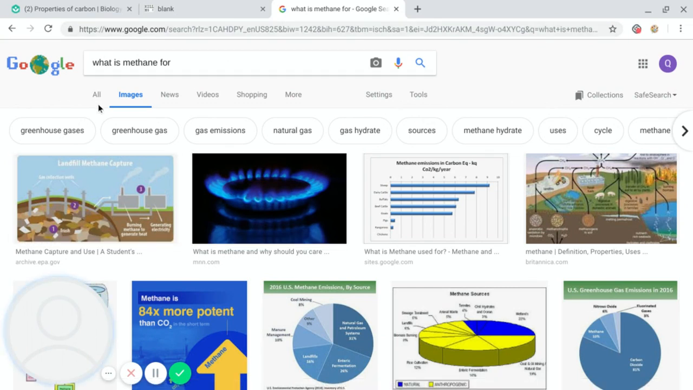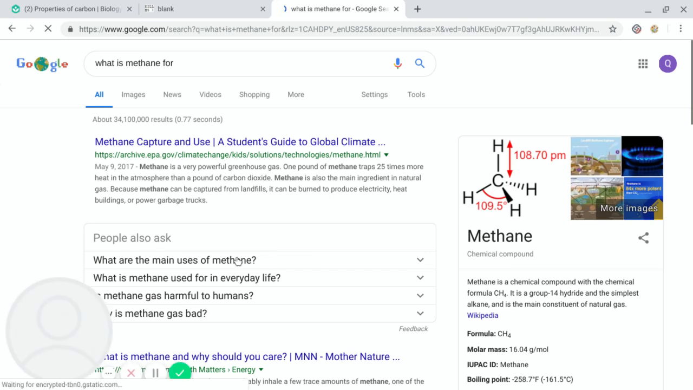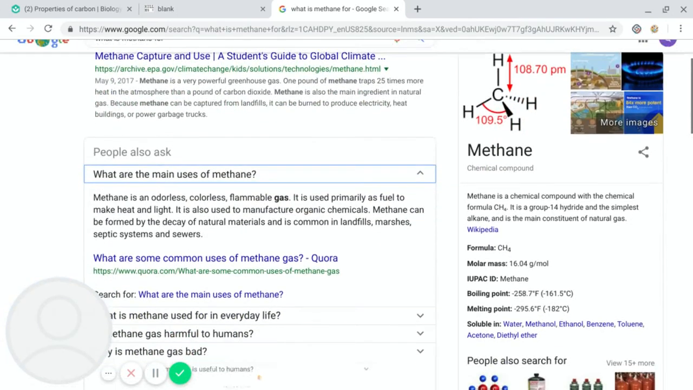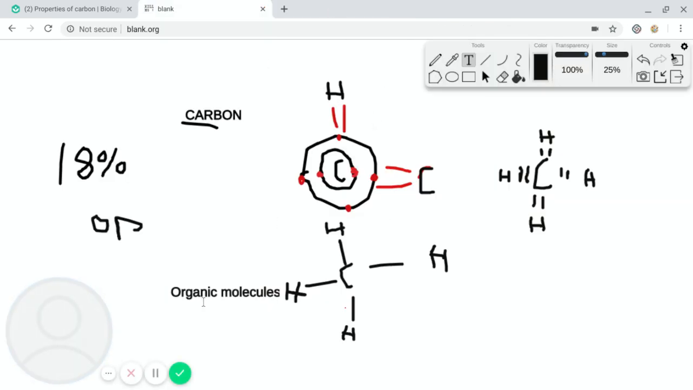Let us go find what methane is for. What are the main uses of methane? So it is primarily used as fuel to make heat and light. It's also used to manufacture organic chemicals. Methane can be formed by the decay of natural materials and is common in landfills, marshes, septic systems, and sewers. So yeah,